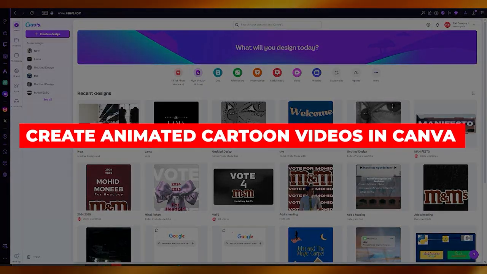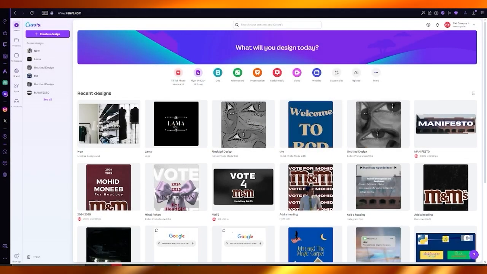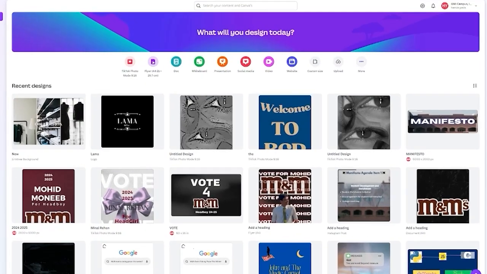How to create animated cartoon videos in Canva tutorial for beginners. In this video, we're going to be talking about Canva and how you can create your very own animated cartoons in the easiest and simplest way possible. We're going to be talking about it in great detail, and we are going to go ahead into our main